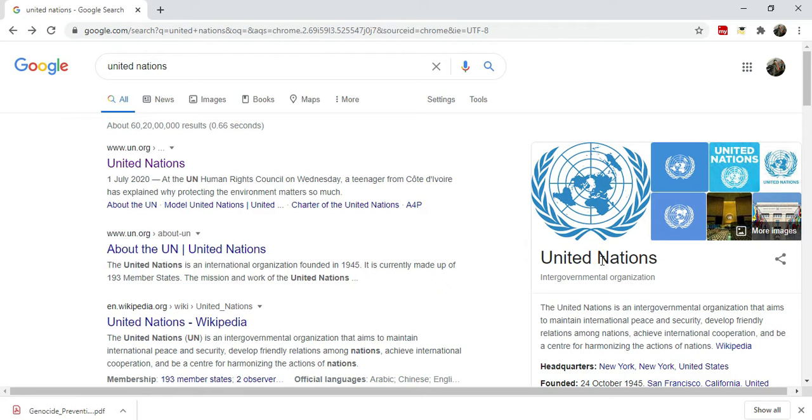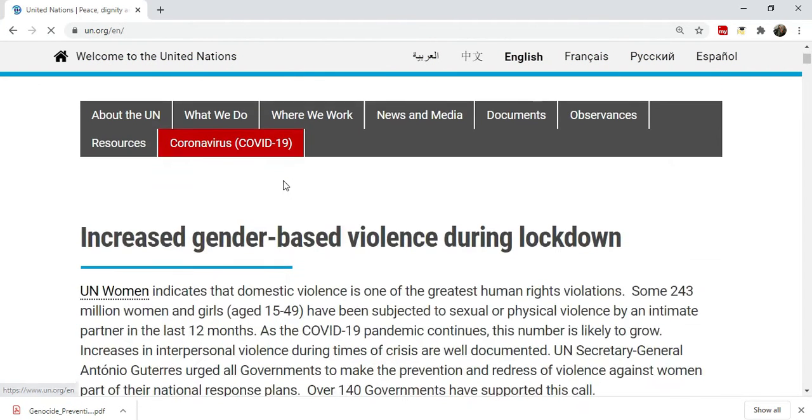It is a very interesting session because we are going to discuss how to download the HD map of different countries, different regional organizations or different continents in HD format from the United Nations website. So just Google United Nations and go to www.un.org. That is the official page of the United Nations. Once you reach this page, just scroll down.